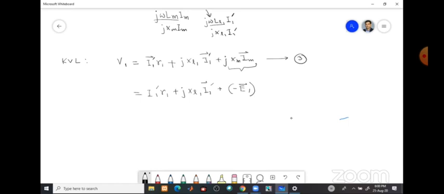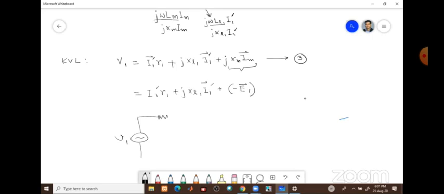Now this KVL equation, if we want to draw it in a circuit, it is the reverse job. When you solve any circuit, you are given an electrical circuit, and then you are asked to write the KVL equation for that, isn't it? But we are doing the reverse thing. The KVL equation is given, we have to draw the circuit. Let us draw a voltage source V1.